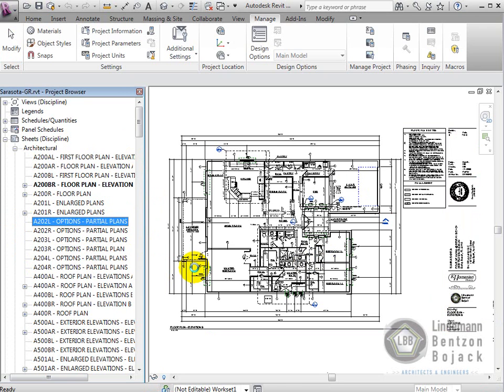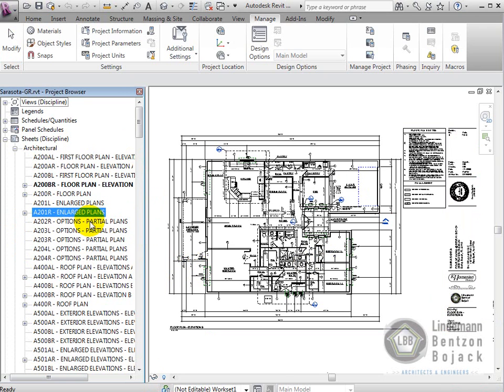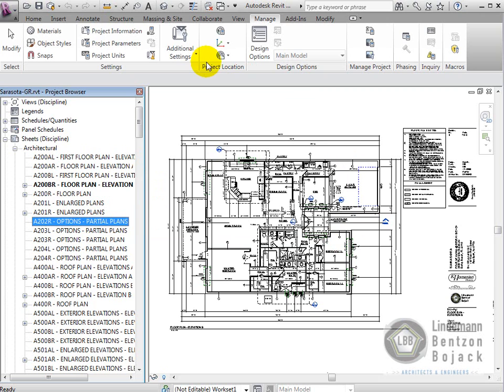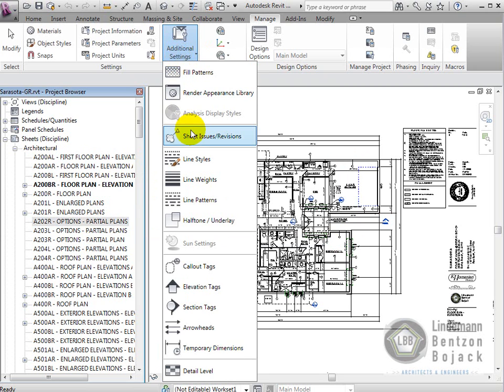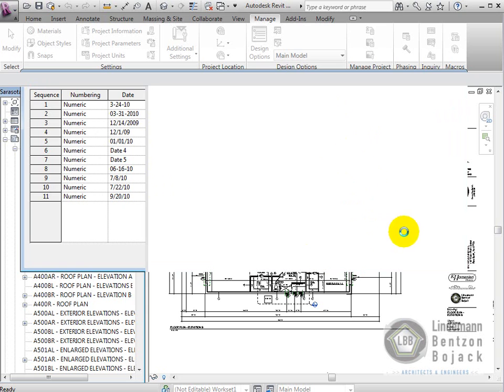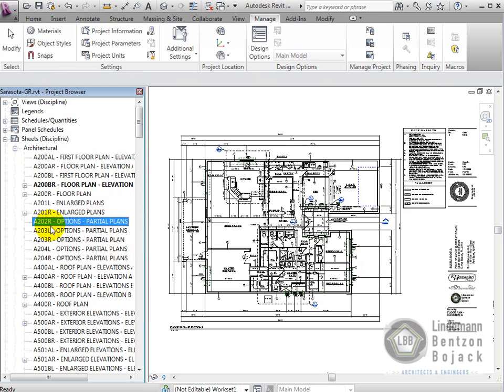Sometimes you may get a warning if there's a revision that's part of that sheet, and you might just have to make sure all of those, see it says the revision of this revision cloud has been issued. Deletion is prohibited. So you might have to go into your revisions. I'll go into additional settings, go into sheet issue revisions, and if I uncheck all of those and just make sure the clouds and tags are turned off because that's from my base plan,